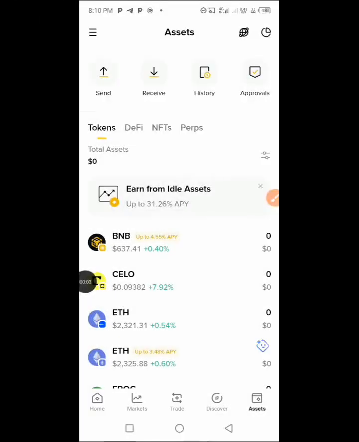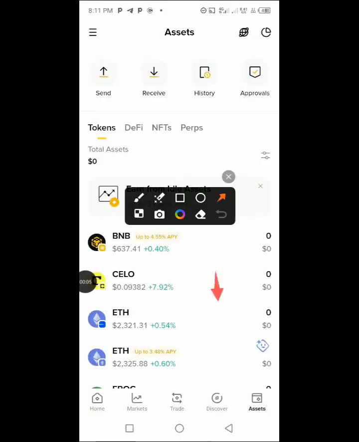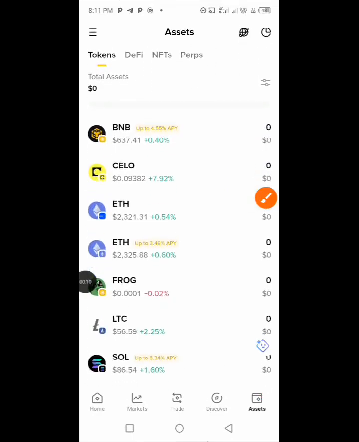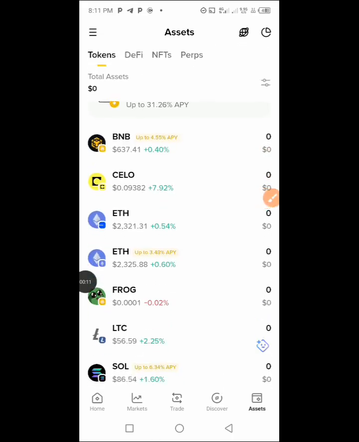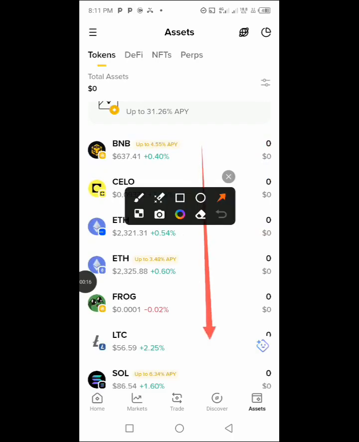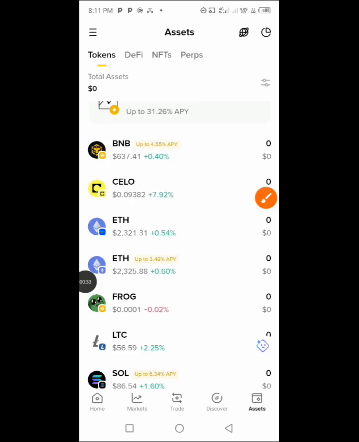After clicking on this asset section, it's going to load up all of this. If you scroll down, it's going to load up all of these wallets. These are all the various wallets. Now since we want to copy the TRC-20 address, that is the Tron wallet under the Tron ecosystem, we are going to look for